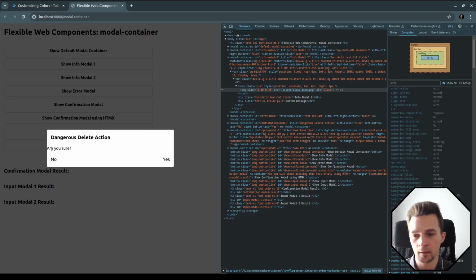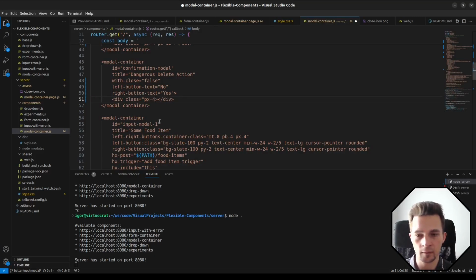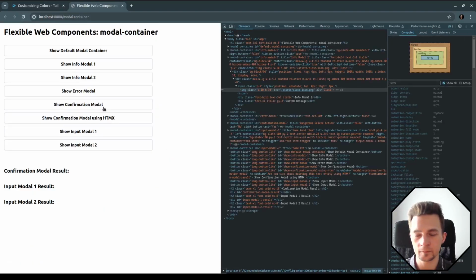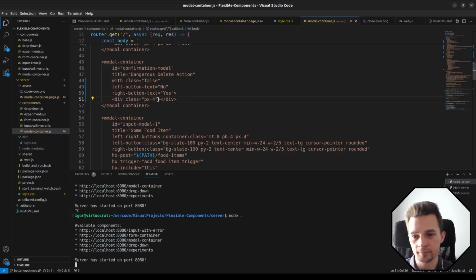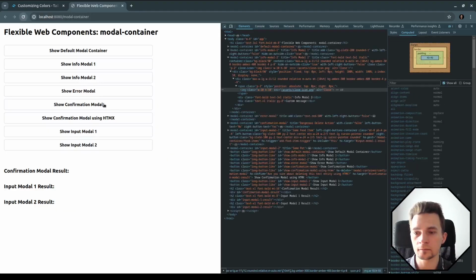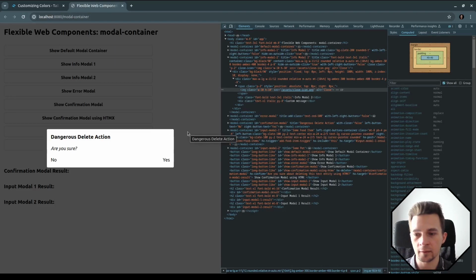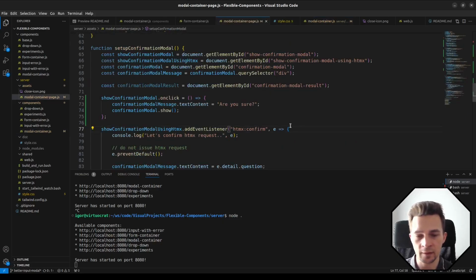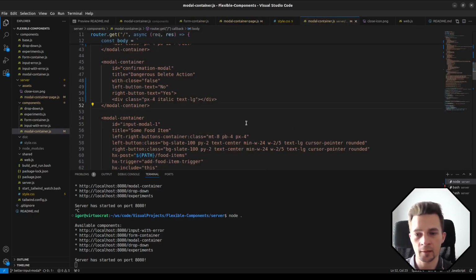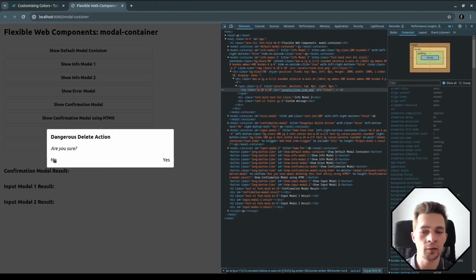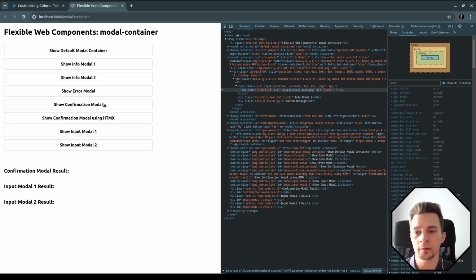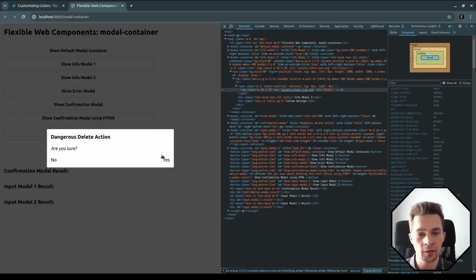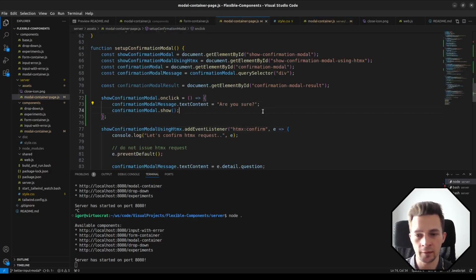So maybe let's just add this padding. Nothing fancy. Okay, I don't know, maybe italic, and let's make it larger. Alright, that's good enough for this particular example. So right now, if we click no, nothing happens. I mean, modal is closed. And yes, also nothing happens because we need to specify the